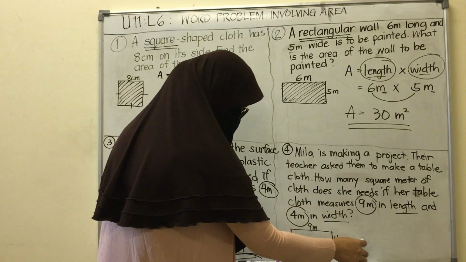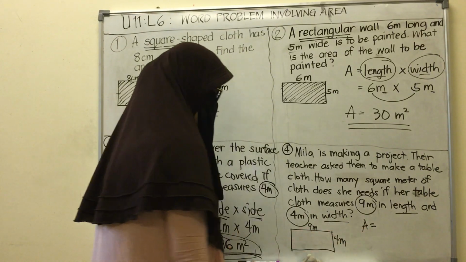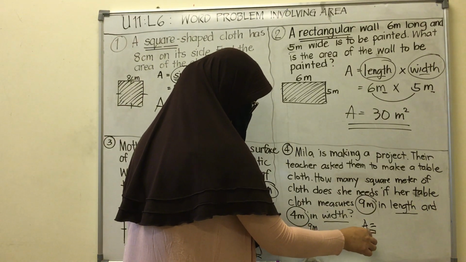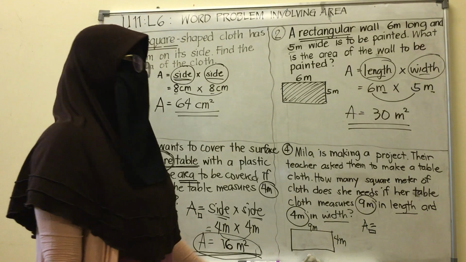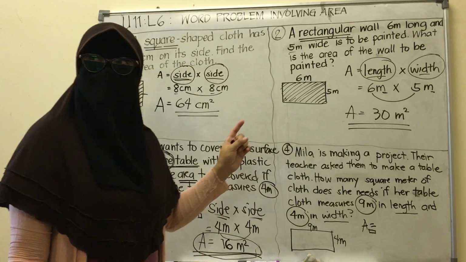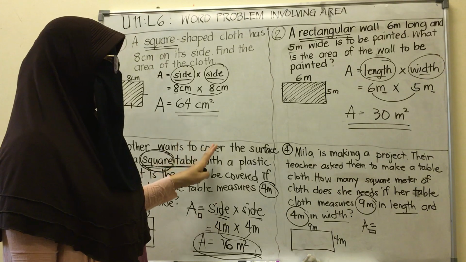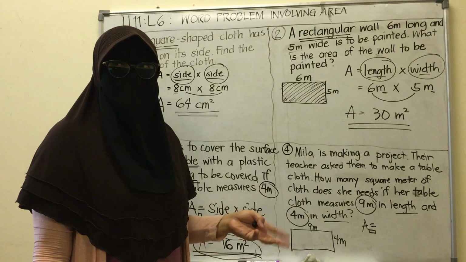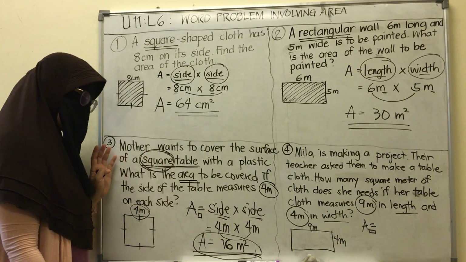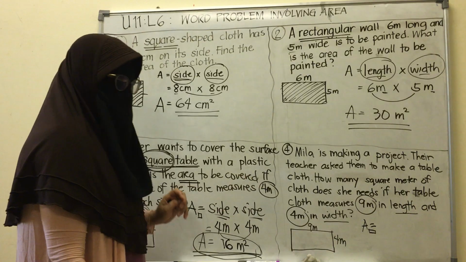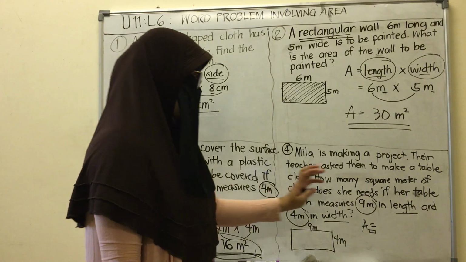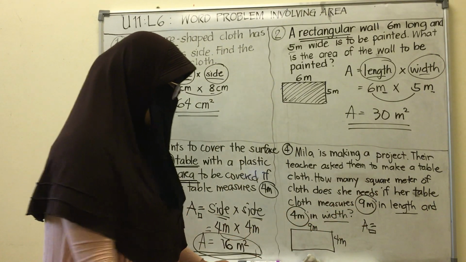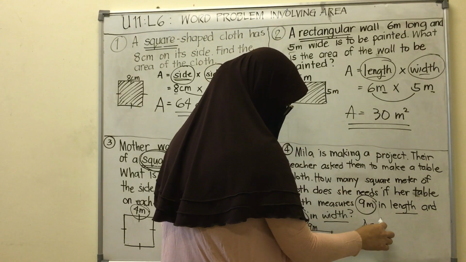So first, we write the formula. The formula for what? For a rectangle or a square? It's a rectangle. It's very easy to determine if the problem is asking for the area of a square or a rectangle. If it's a rectangle, the dimensions are different. See, 9 meters, 4 meters. While in a square, the dimensions are all the same. 4 meters means all sides are 4. Here, they are different. So length is 9 meters, width is 4 meters. So the formula for the rectangle is length